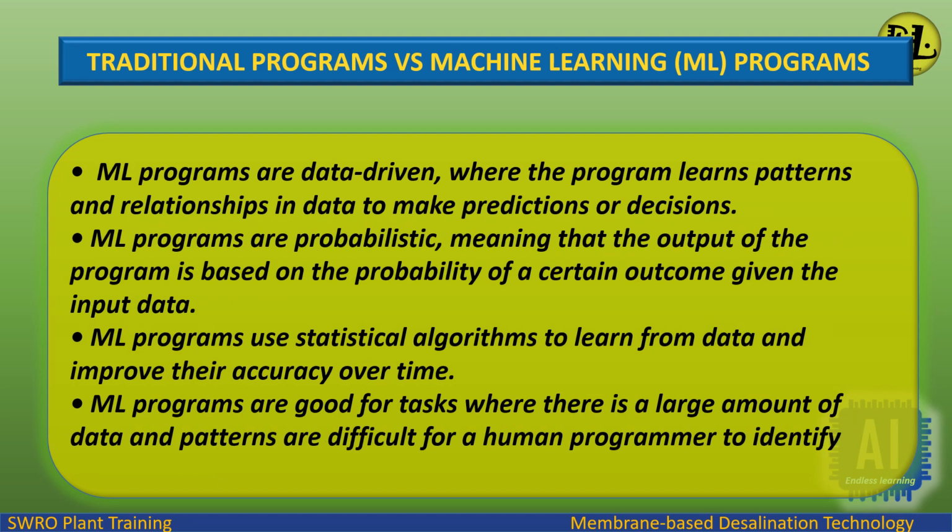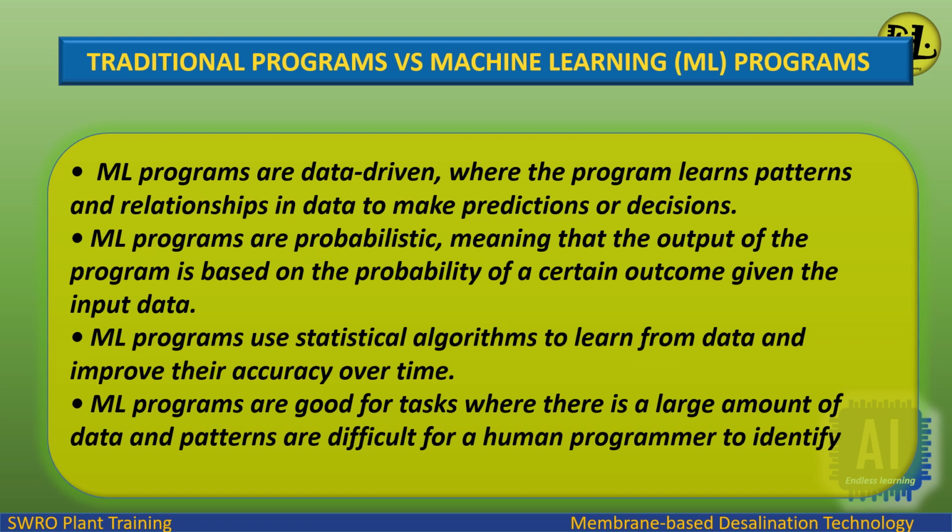ML programs are data-driven, where the program learns patterns and relationships in data to make predictions or decisions. ML programs are probabilistic, meaning that the output of the program is based on the probability of a certain outcome given the input data. ML programs use statistical algorithms to learn from data and improve their accuracy over time. ML programs are good for tasks where there is a large amount of data and patterns are difficult for a